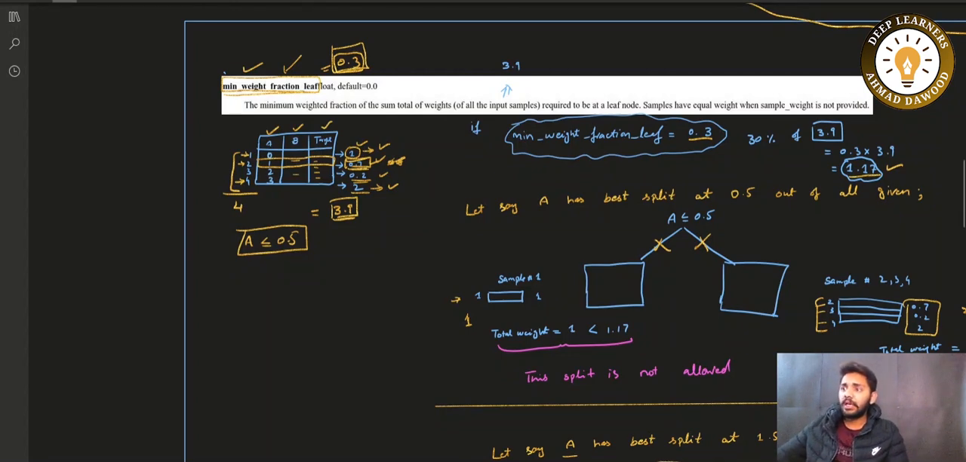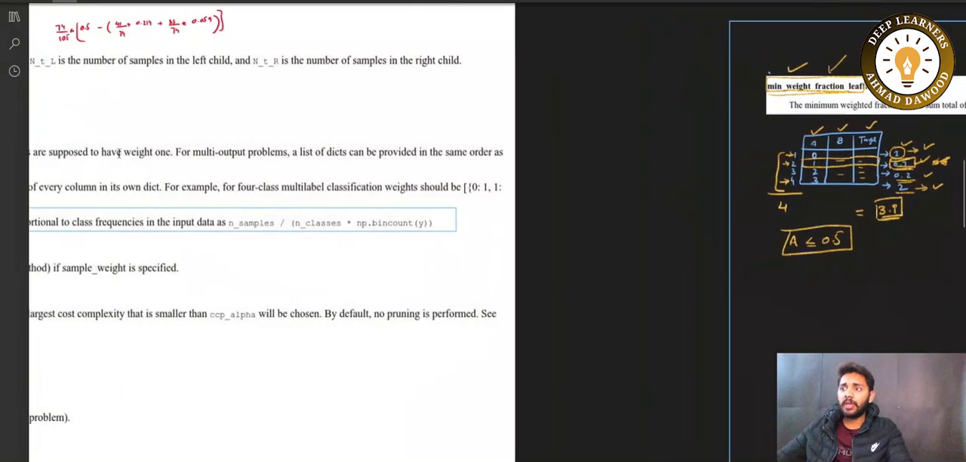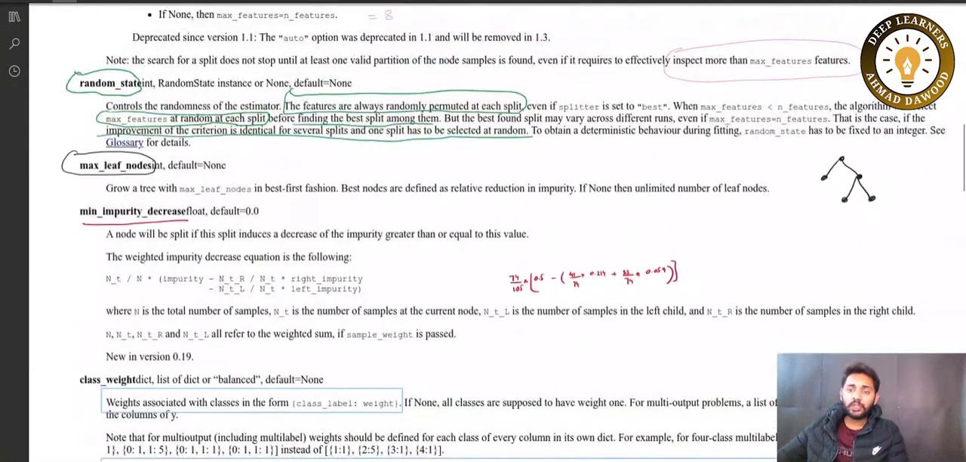So the remaining hyperparameters and discussion on the hyperparameters we will continue in the next session. So for now,